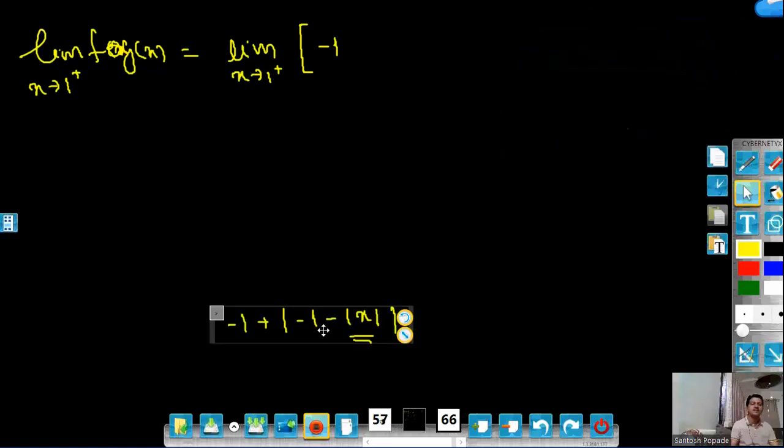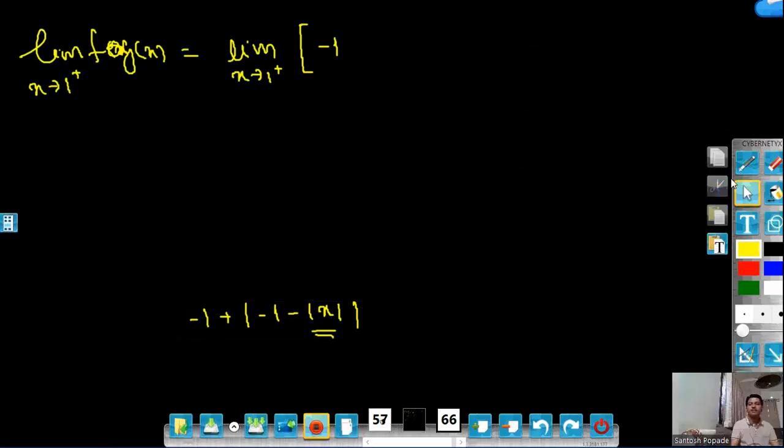Okay, so now we will find the limit of this f(g) of x as x tends to 1 from the left side and as x tends to 1 from the right side, and then if they are the same we will say that it is continuous at 1. Okay, so let us see now. I will follow the same steps as above. I am giving the detailed solution as this is new to you.